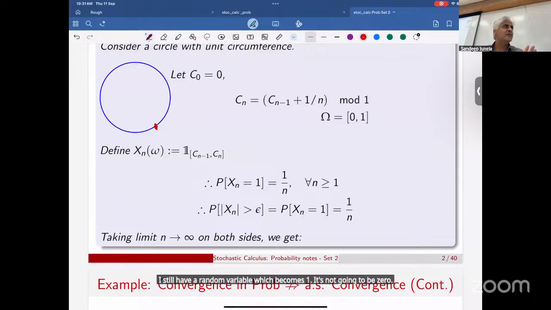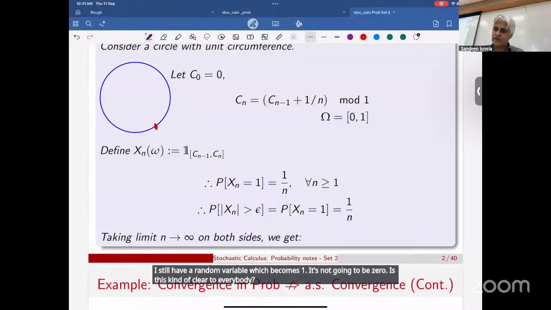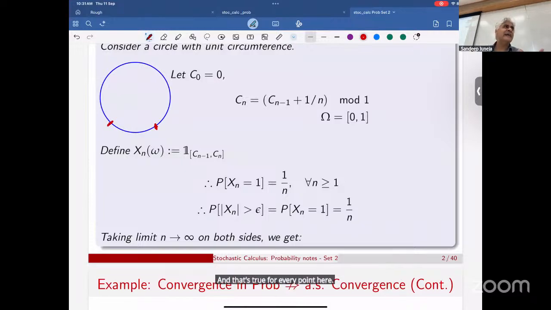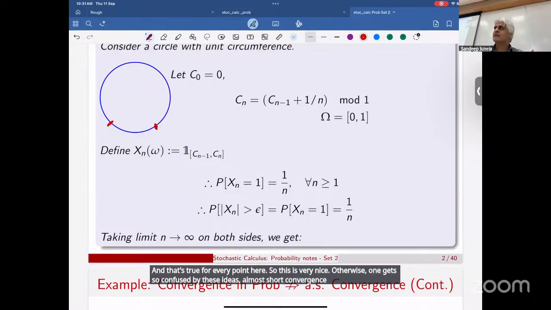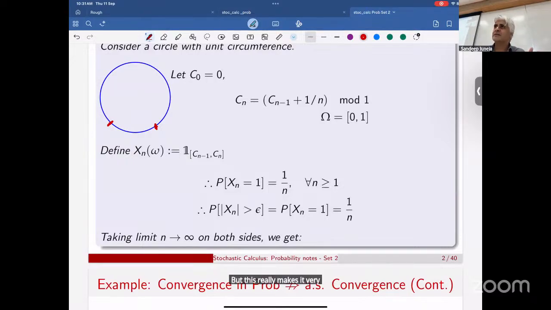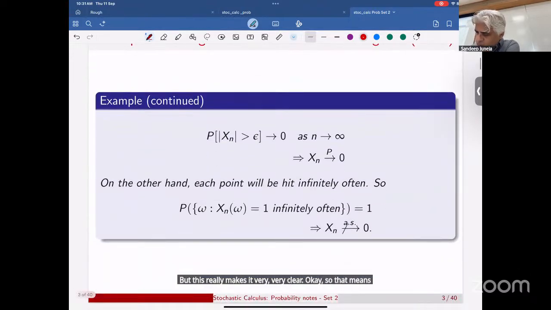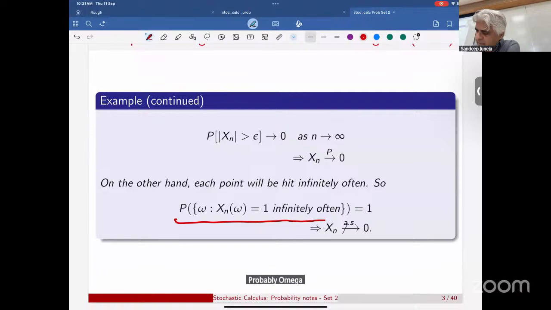Is this clear to everybody? And that's true for every point here. So this is very nice. Otherwise, one gets so confused by these ideas, almost sure convergence, convergence in probability, but this really makes it very, very clear. Okay, so that means that the probability of omega such that xn omega is equal to 1 infinitely often